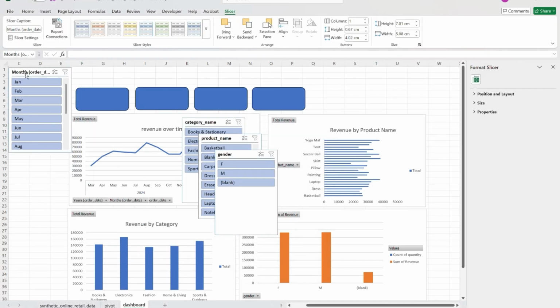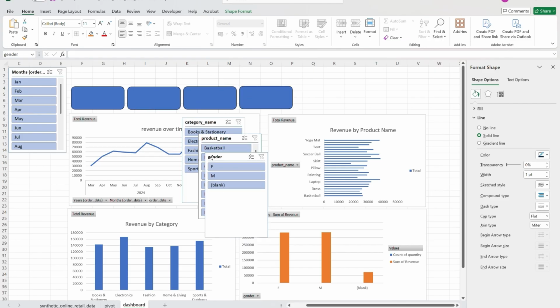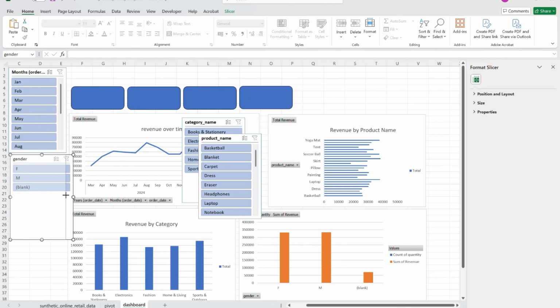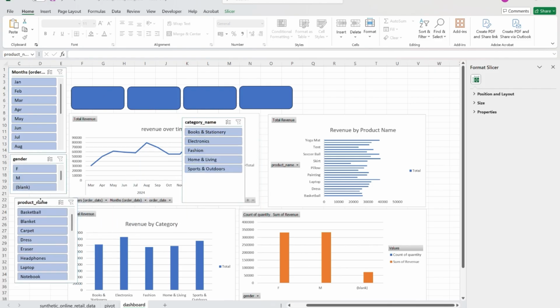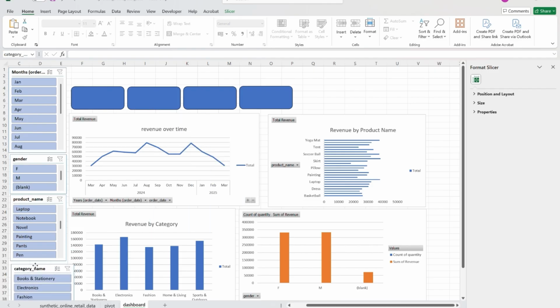So this will be the month slicer. Now coming to this gender, now coming to the product name, and the last one is the category name.